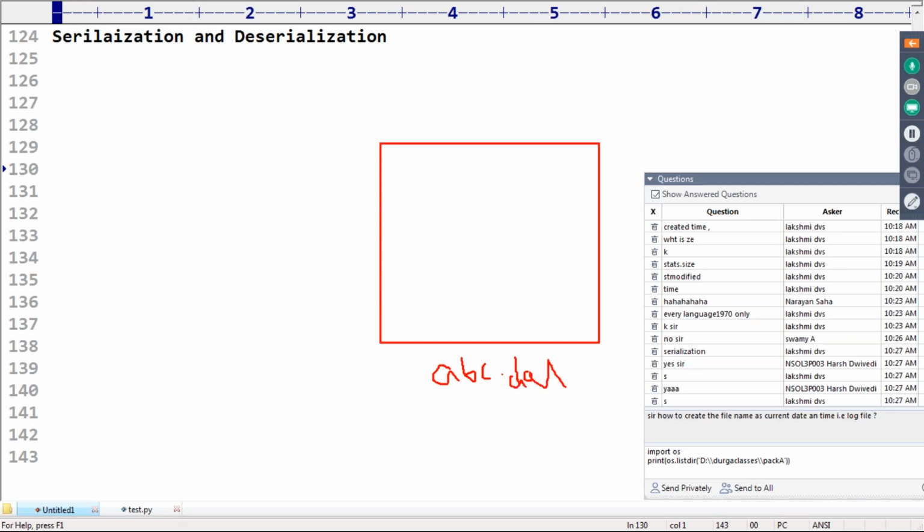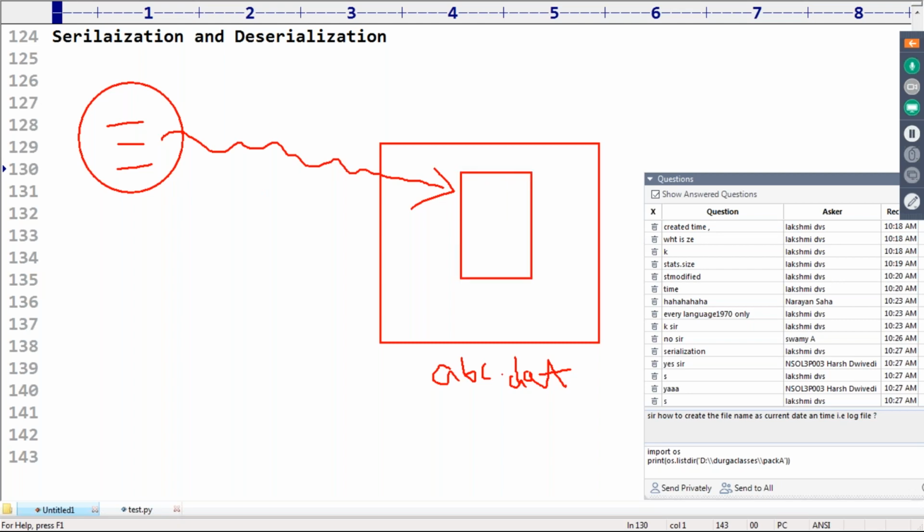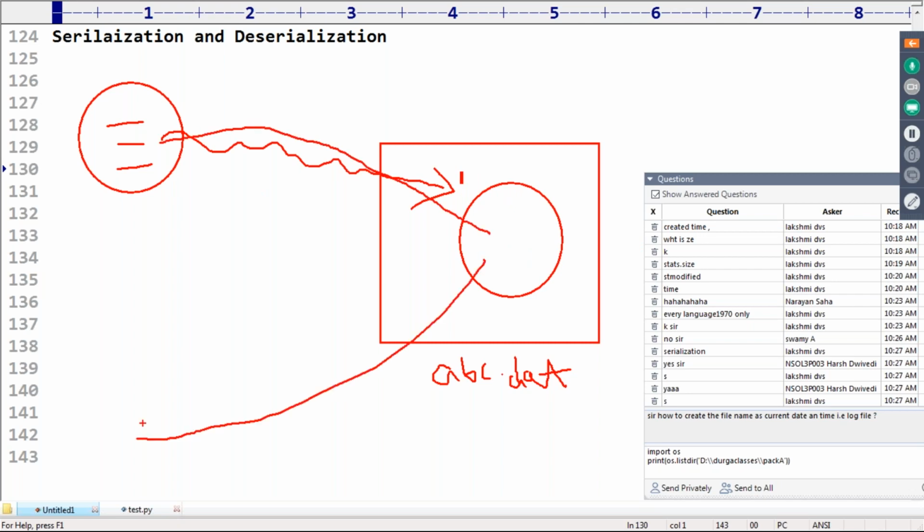It is the data file, any name, any extension you can give. Sir, I have one object available, and I want to write the total object to the file. If you want to write a total object, or read the total object, this thing is nothing